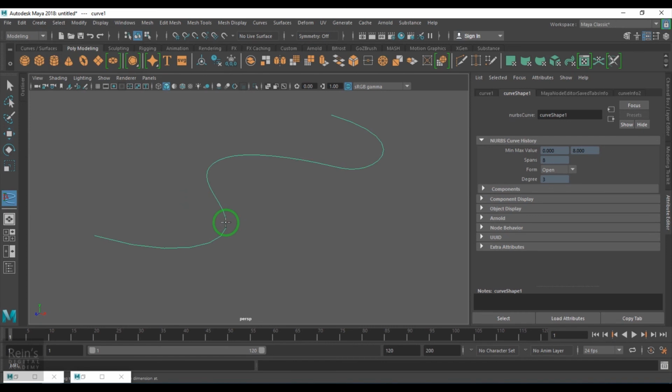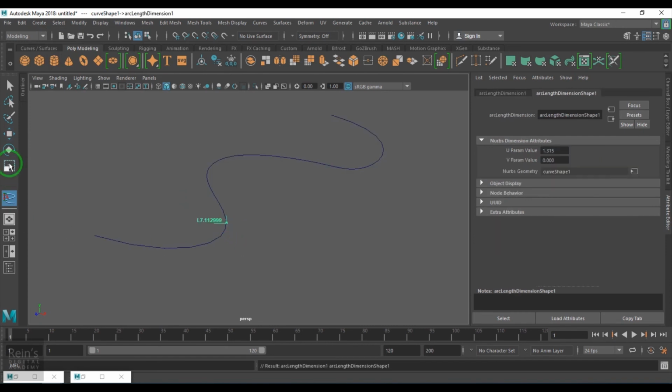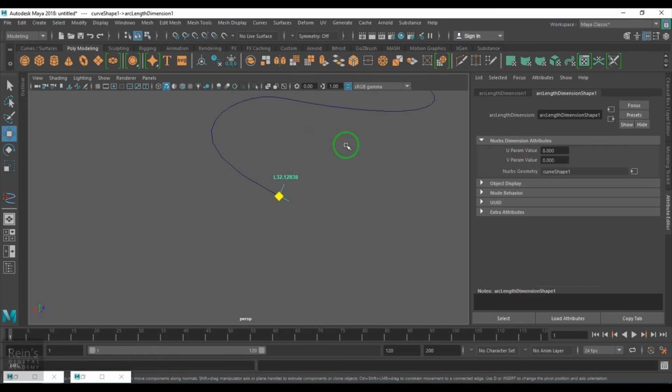If you just click on the curve, wherever I've located the point, you are able to see a value which is 7.11. When I move it to the starting point, it is 0, and when I move it to the last point, it is 32.128.